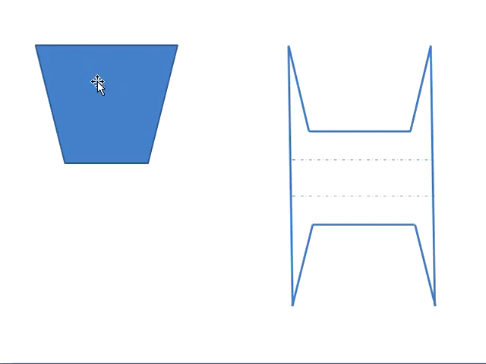This figure indicates the cross section of a V belt drive. It is of trapezoidal cross section, whereas for a flat belt drive the cross section will be rectangular. And the V belt will be seated in a grooved pulley like this. Because of the groove present in this pulley, the amount of slippage in case of V belt will be less. Therefore, it will be more efficient compared to flat belt drive.